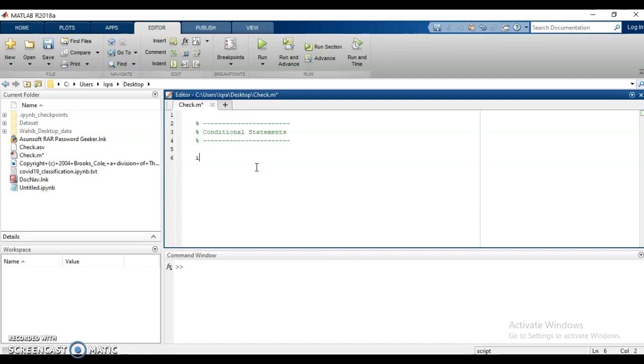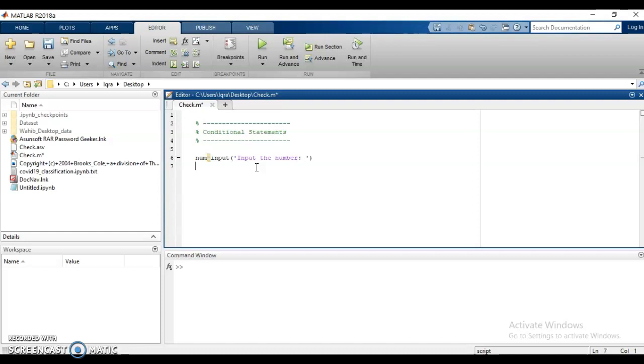Okay, so it starts with the keyword if. Let's say I'm going to take input from the user and I'm going to check on it whether the input taken from the user is greater than 1, is greater than 0, is a positive number, negative number, or a 0. So how can we do it? First we have to make a variable, let's say num variable, and we are going to take the input from the user. For that we have the command input, and we are going to ask the user to input the number.